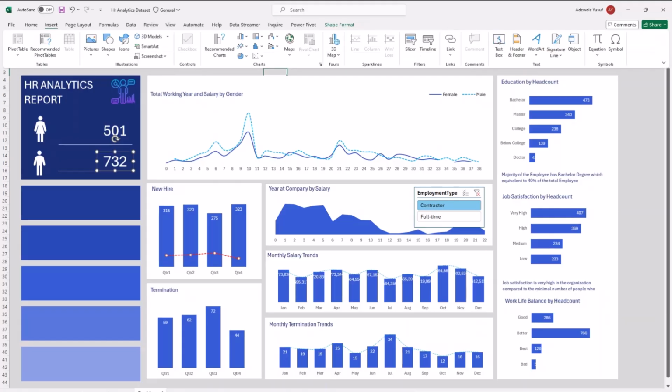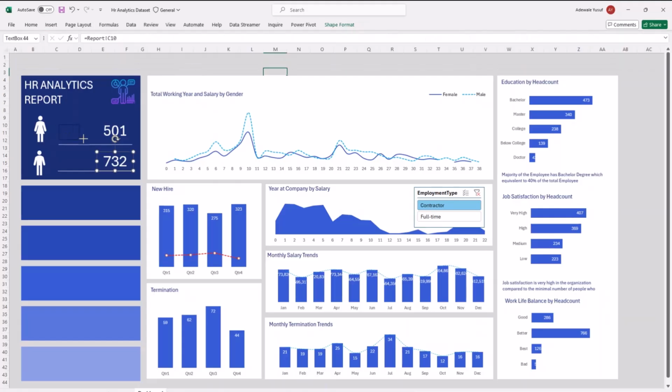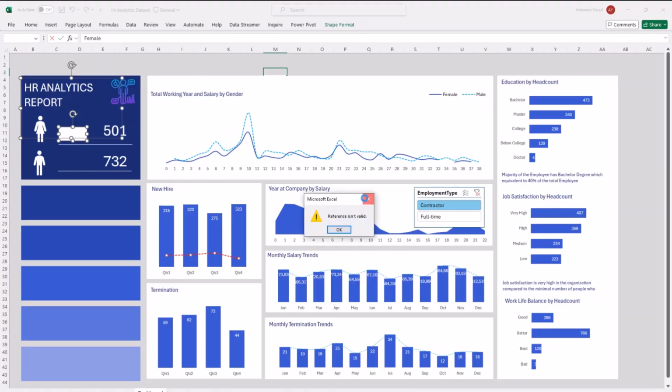Then I can go inside again, select another text box and put a text here. So inside here, I can just say female employees.